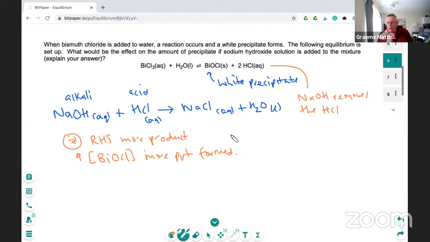So I would say that you would remove the HCl, the sodium hydroxide reacts with the acid, you remove the HCl, all right? Now, another way of looking at it is that you can also say that you produce water. In this reaction, you increase the water, and so therefore the equilibrium position is again going to move to the right-hand side. Myself, I would stick with this one. This is the chemistry bit, isn't it? So the fact you produce water, well, technically, yes, there is water on this side, so it's away from the side you add,